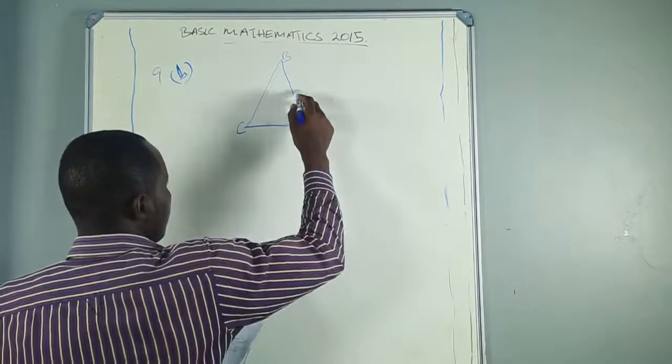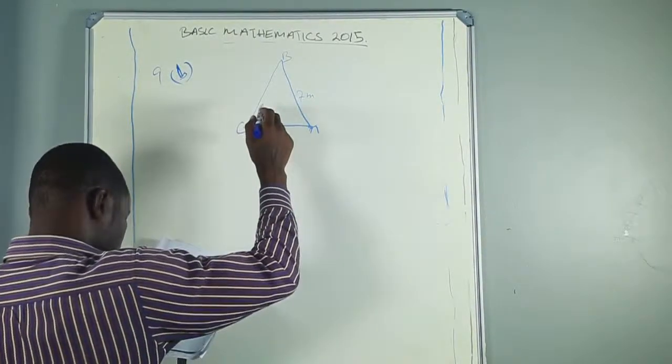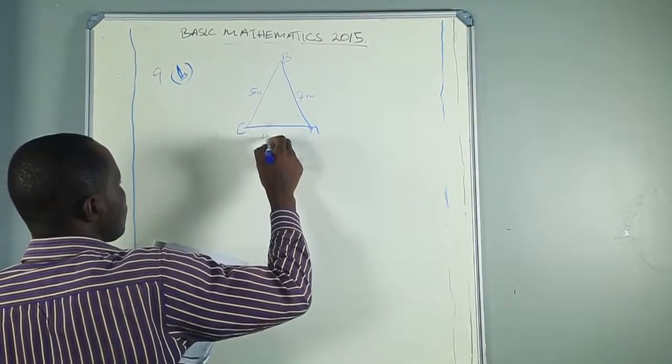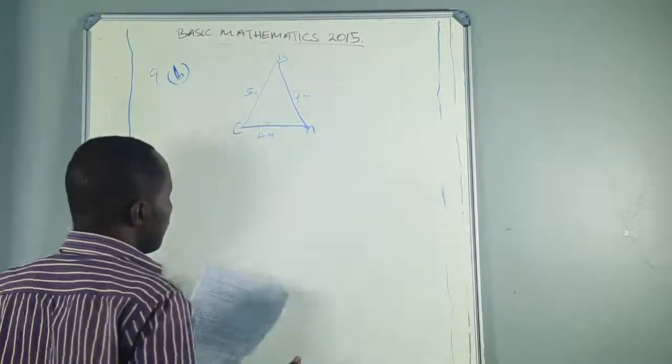So this is 7 meters, this is 5 meters, and this is 4 meters. Then by using